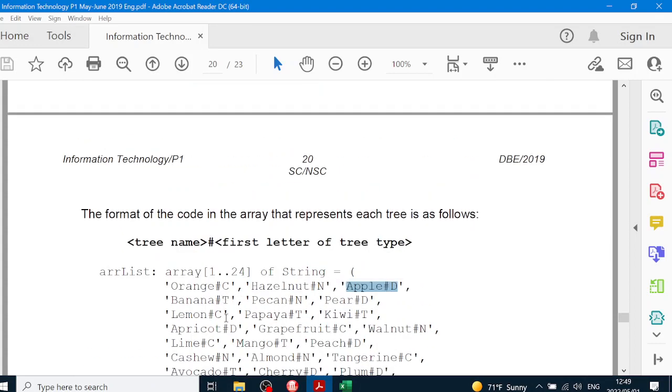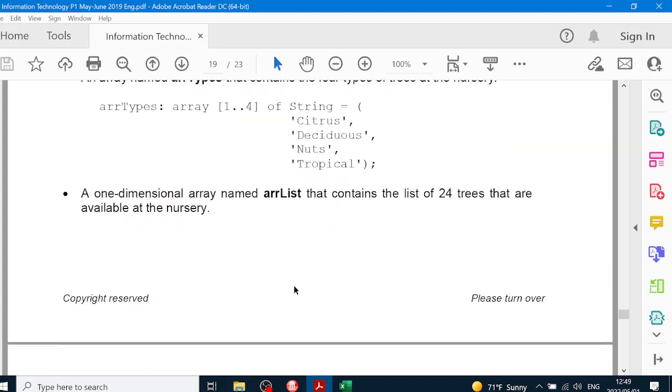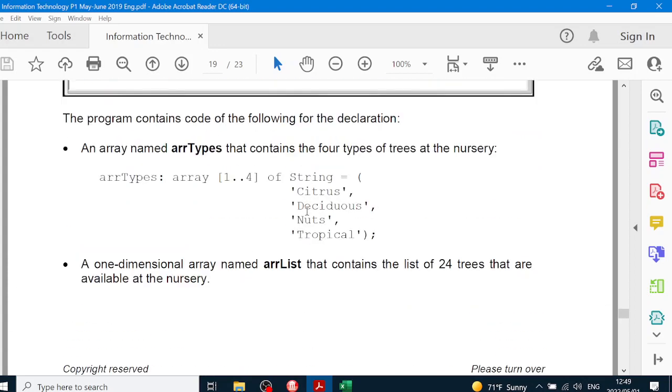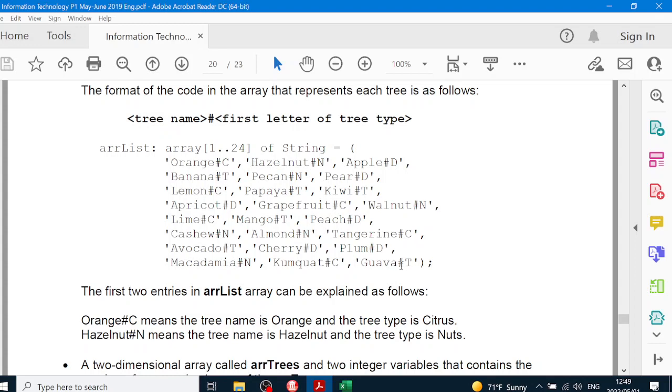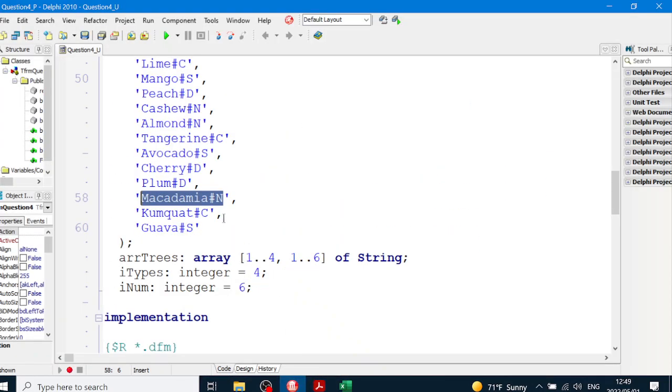But what we can do is C, D, N, T. The D is the starting letter for deciduous, C is the starting letter for citrus, N is the starting letter for nuts, and T is a starting letter for tropical, but we have to use the S,